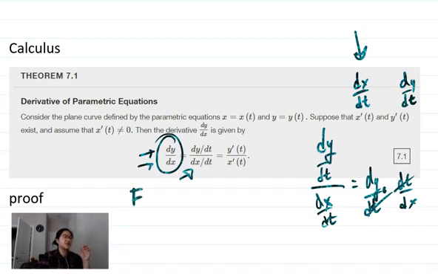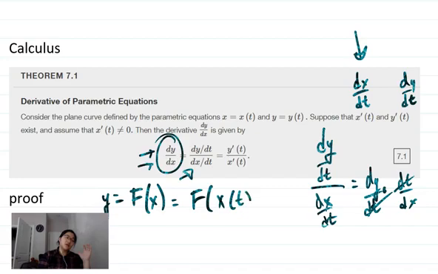If we had our function, let's call it capital F, and that's our y value, we can also rewrite that as our function of x with respect to t. So now if we take our derivative, we end up with the derivative of this times x prime of t, right? Because of the chain rule. And so if we're looking at this all together,